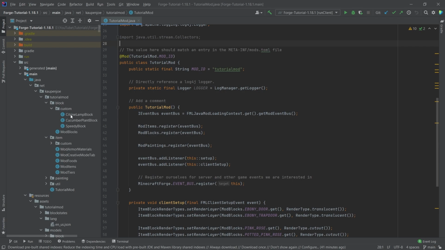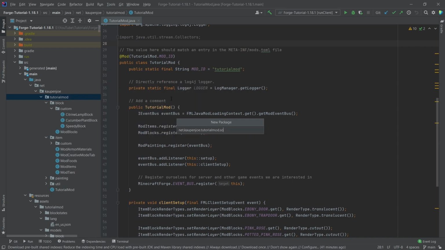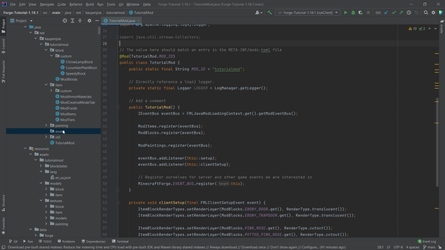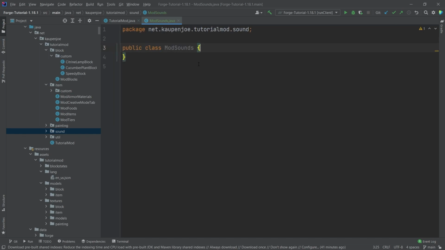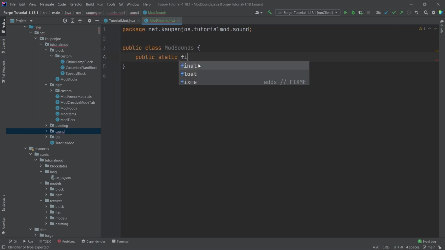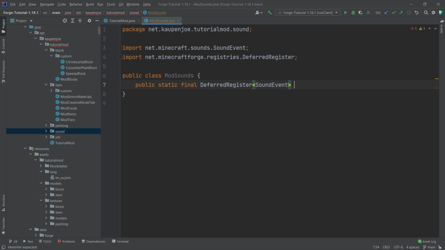So first of all, let's start by adding a new package in our tutorial mod package, and that's going to be the sound package. Inside of there, we're going to create a new Java class called the ModSounds class. And this will look the following way, similar to things we've already seen, is this is going to have a public static final deferred register, this time of type SoundEvent, and this is going to be called SOUND_EVENTS, and this